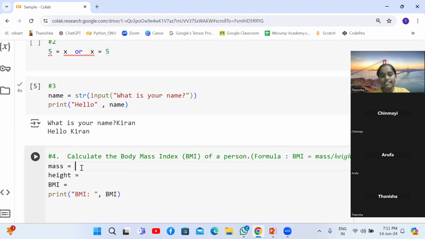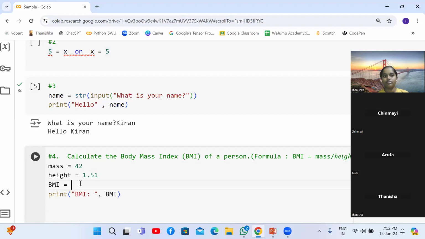So can we ask for the input, Tanisha? Okay, 42. And then height? 1.51. You can just say it in centimeters, like 150, 151, or just inches, if you want. Okay. Then